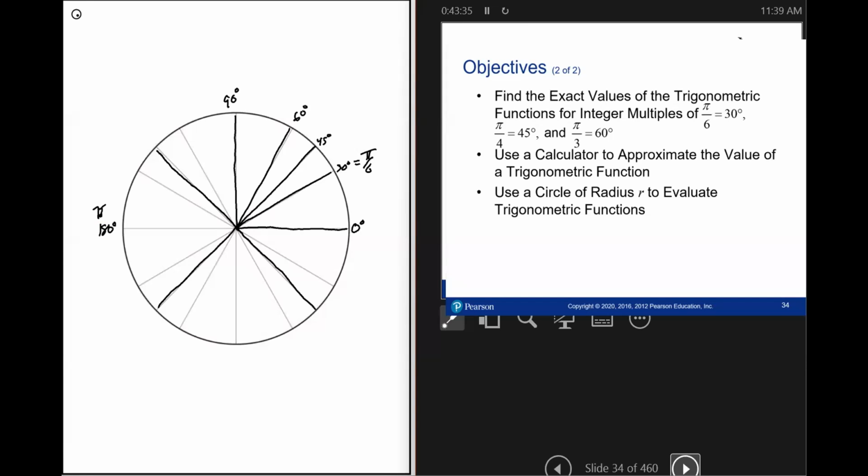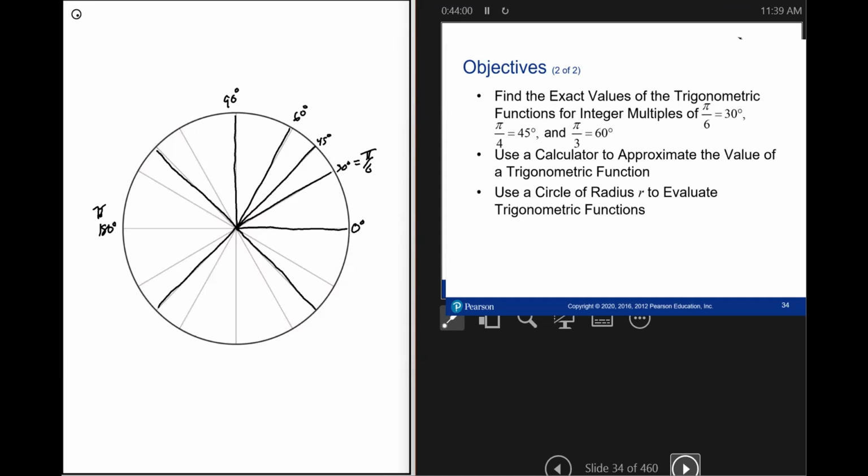If you punch things into the calculator, chances are you're looking at approximate values. It won't be exact. Okay. Sometimes it is exact, but a lot of times it is not. And then use